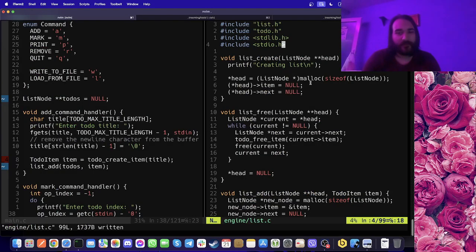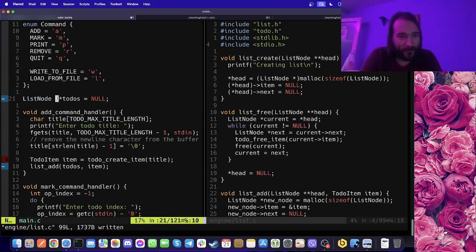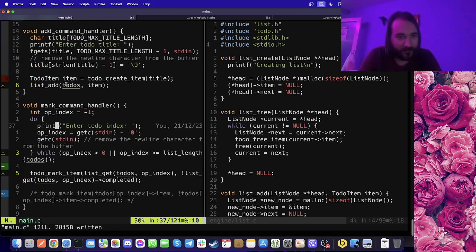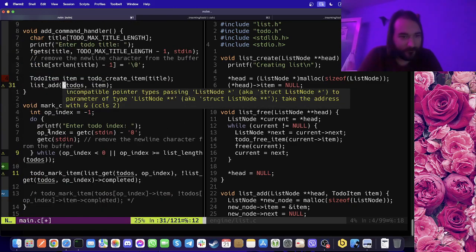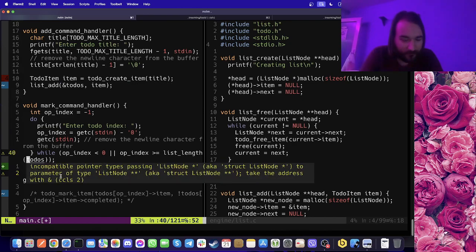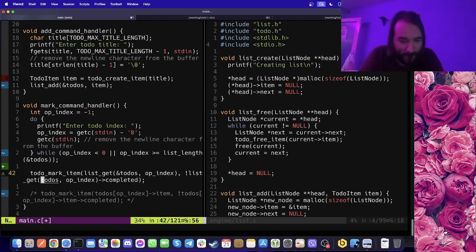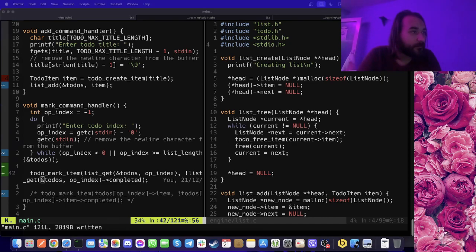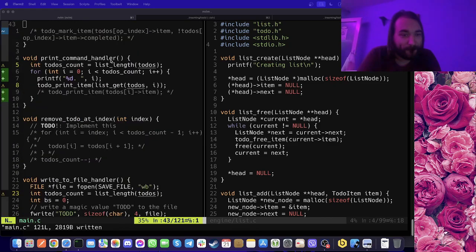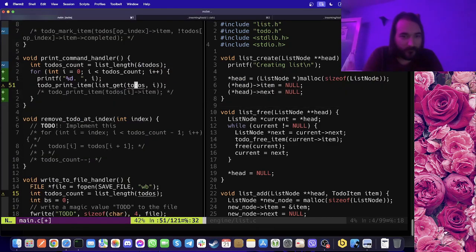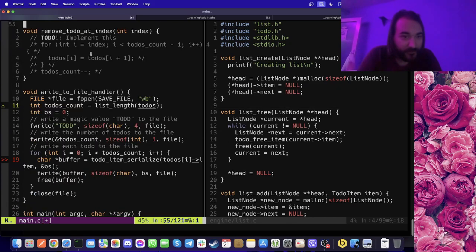So it tries to create a list, it allocates some memory. Am I retarded? Quite possibly, yes. Yeah, tons of warnings. This can actually be very easily created, but